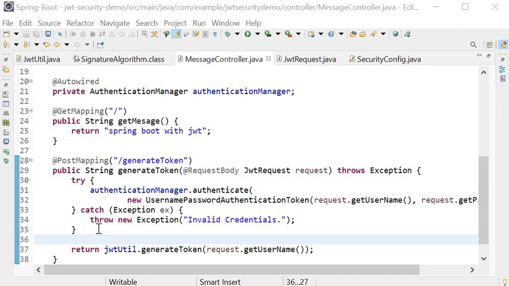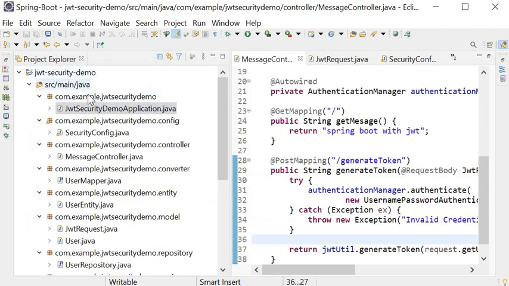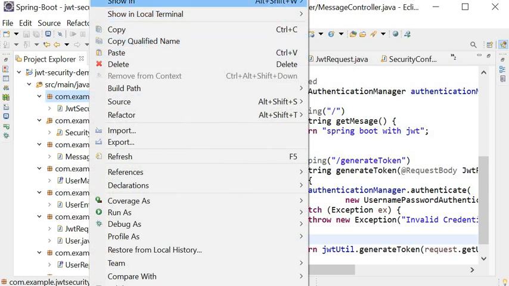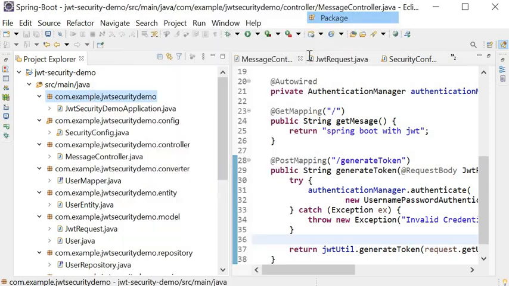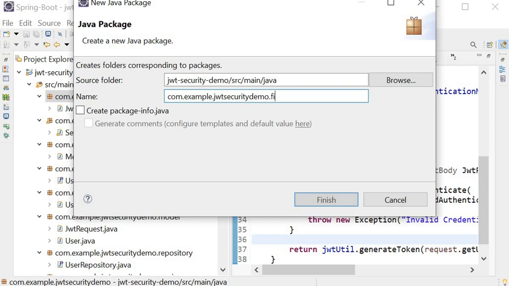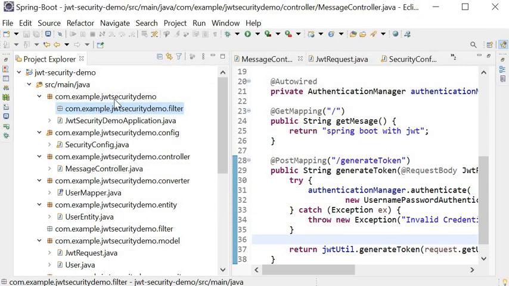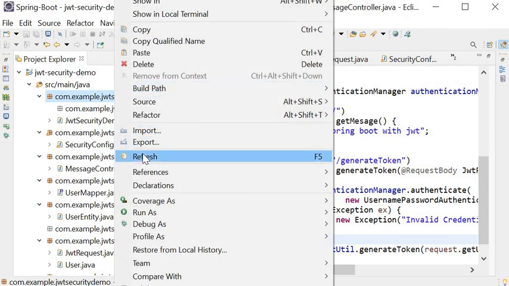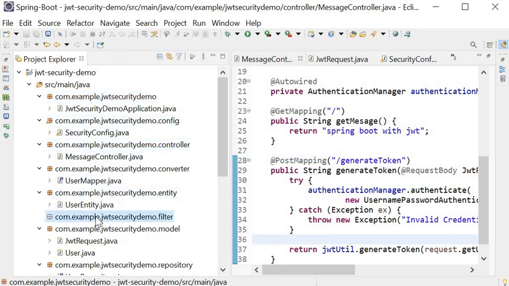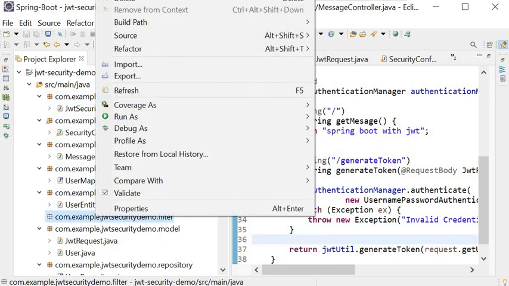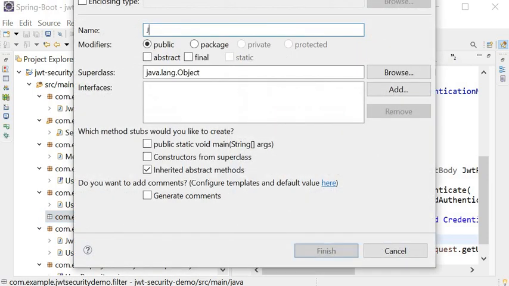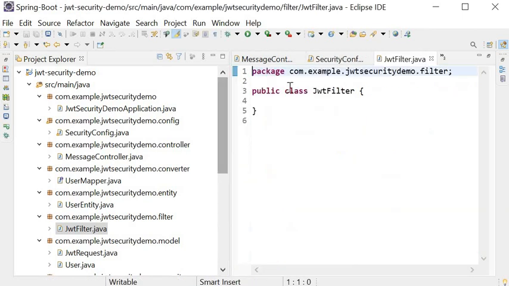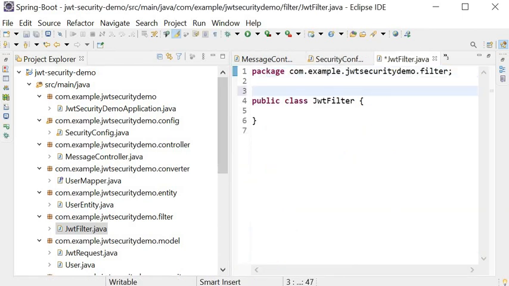And to perform this action we need to create one more filter, and here I will create one more class. I will create a new package, that is the filter package, and in this package I will create one more new class, that is JWT filter, and here at class level I will use the annotation @Component.